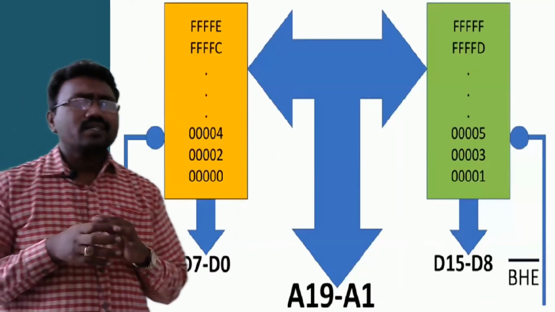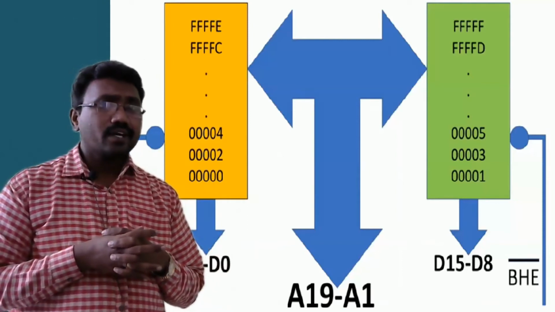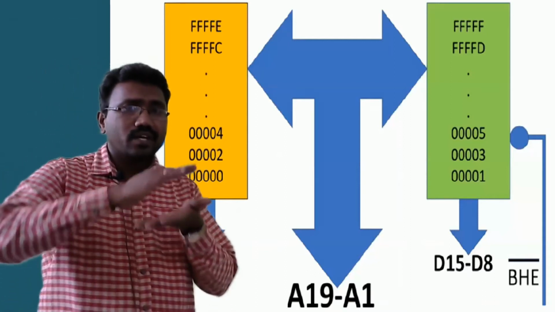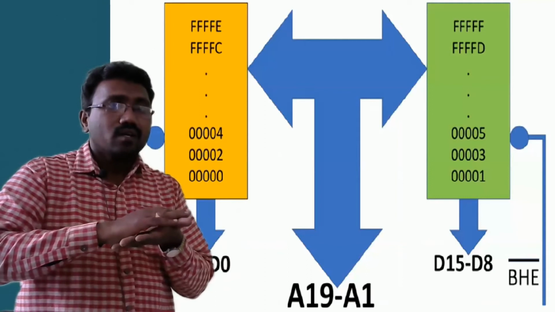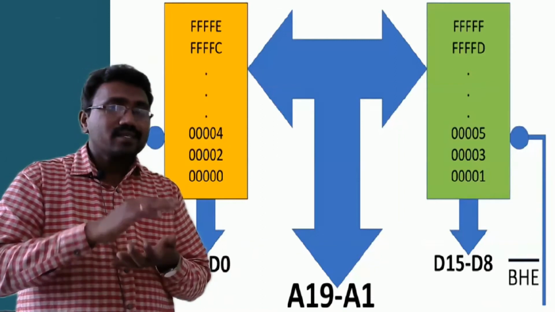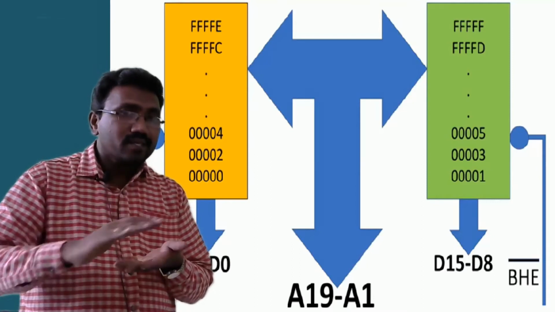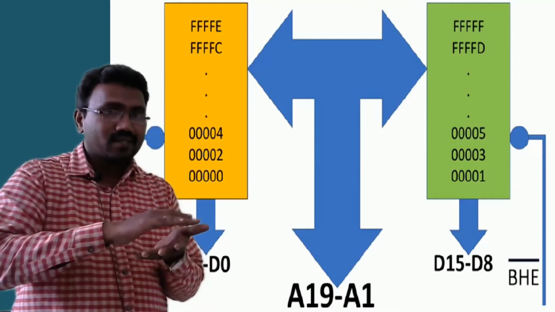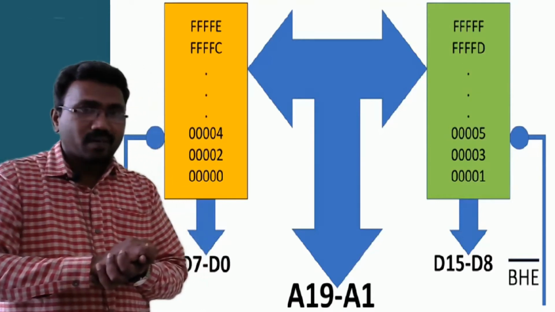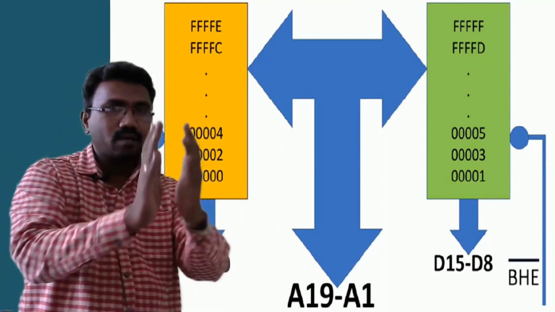If you take, for example, a 32-bit microprocessor, the 80486, it is a 32-bit microprocessor. The processor and the main memory are connected using 32 data lines. It handles 32-bit data at a time. So in 486 memory, how many banks are there? The 80486 memory is divided physically into how many banks? 4 banks. Why? Because the data bus width is 32-bit. 32-bit is equal to 4 bytes. That's why we need 4 chips. All the 4 chips are accessed simultaneously. First byte from the first bank, then the second byte, third byte, fourth byte.